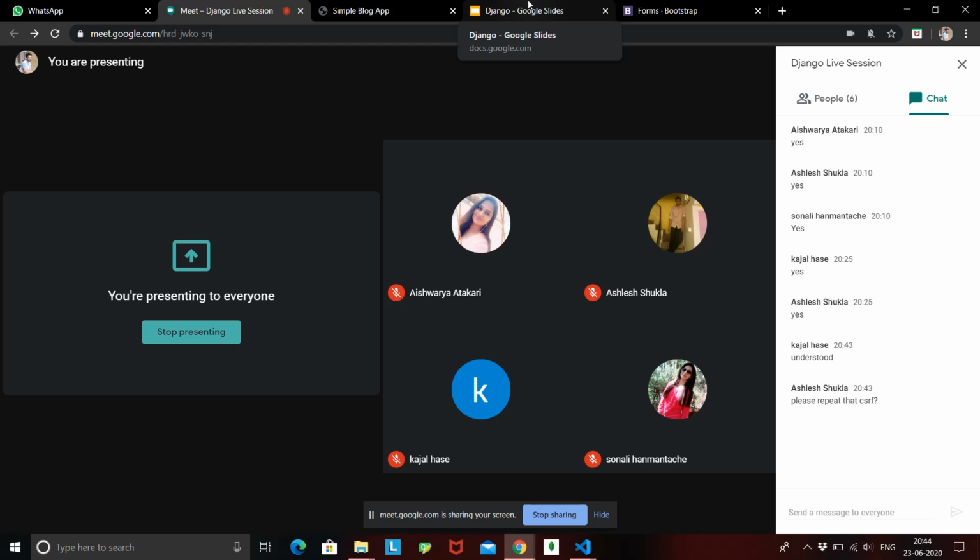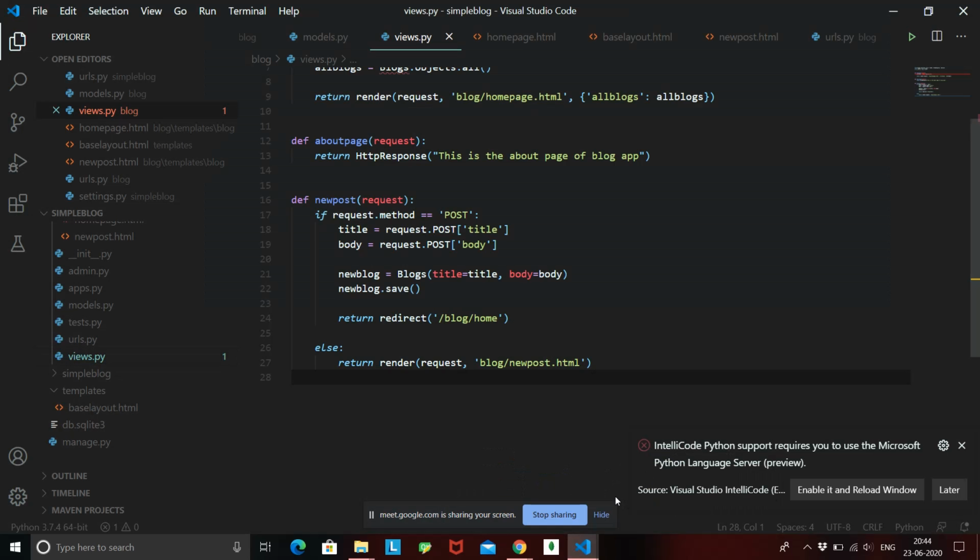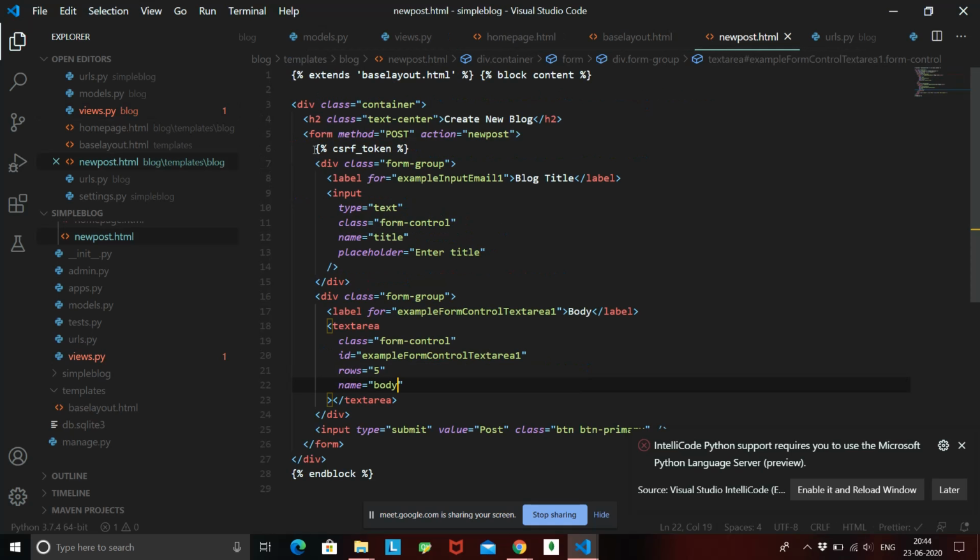It means that your data, what data are we passing right now? We are passing the title and the body. So this title and body will pass through an encrypted form through the URL. It is not vulnerable, and no one can actually read that data once it has the CSRF mechanism. And in order to have that mechanism, we need to pass in a CSRF token to all our forms that have a method post.